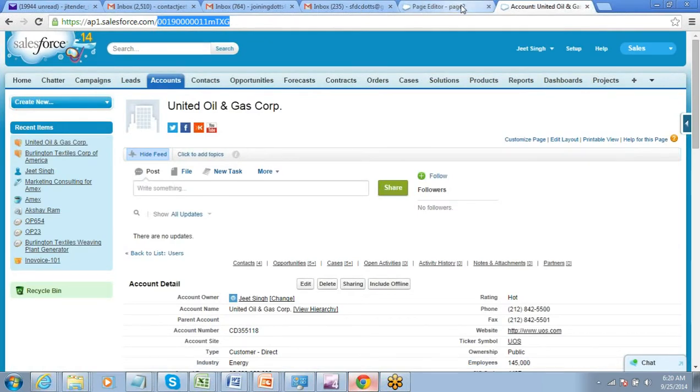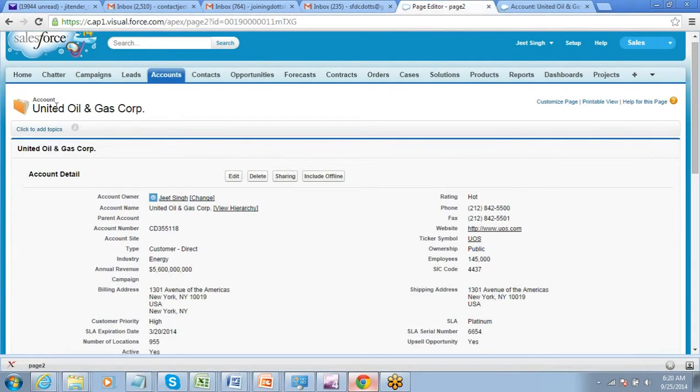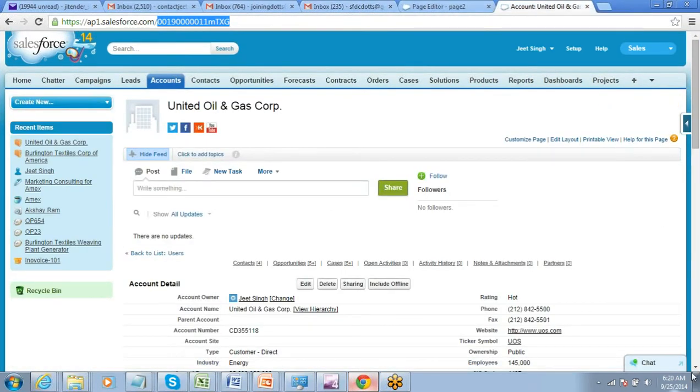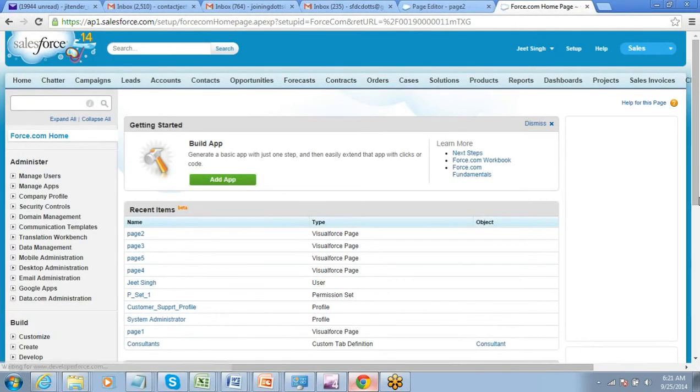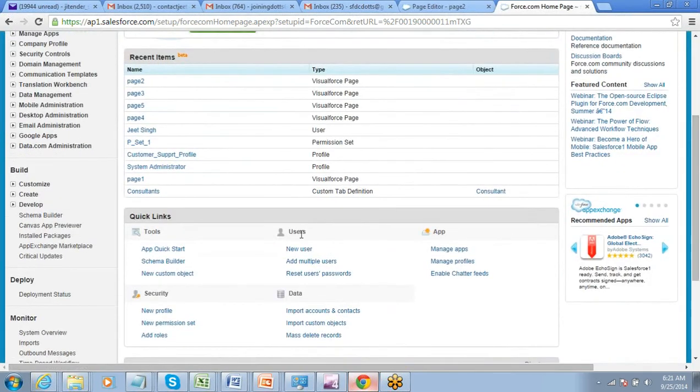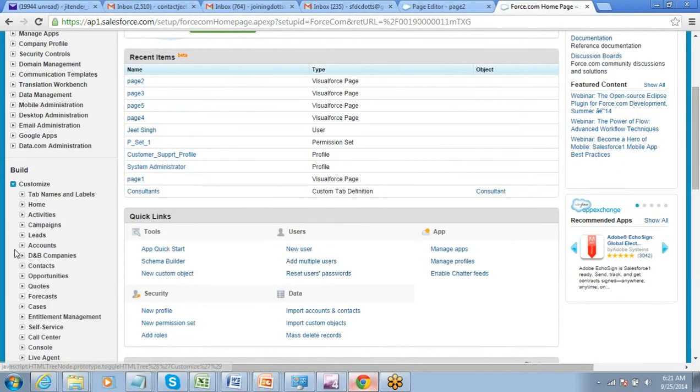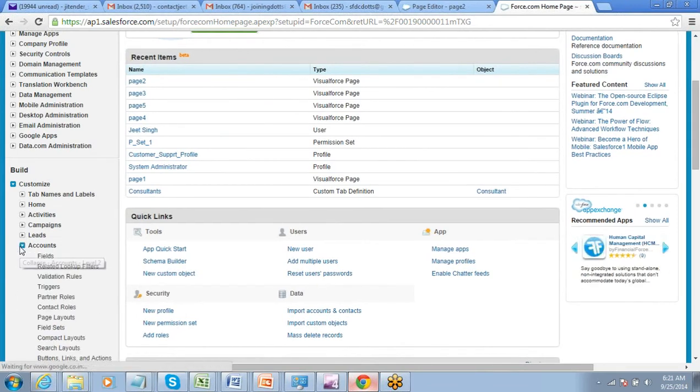If you want the users to see the record in this Visualforce page format, you just have to go and override the standard page with this page 2. That's it, nothing else. For overriding you just need to go to setup, then go to customize accounts, since we are going to override the account standard page.